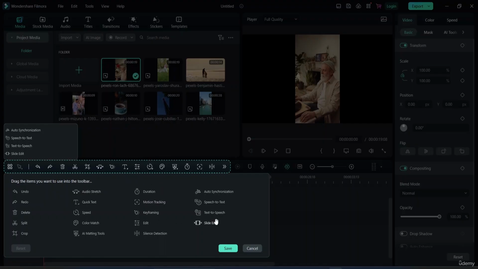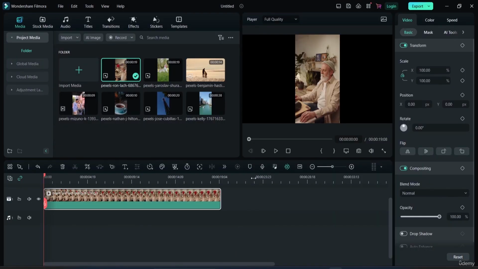You guys can see my toolbar. Okay, and also different types of options here. And if I want to reset this, I can also click on this. I'll just save this for now. So here you can see both of these things are now added in my timeline. Here is the keyframing one, and here is the edit one. Okay, I have also added these two in my toolbar. So this is the toolbar,